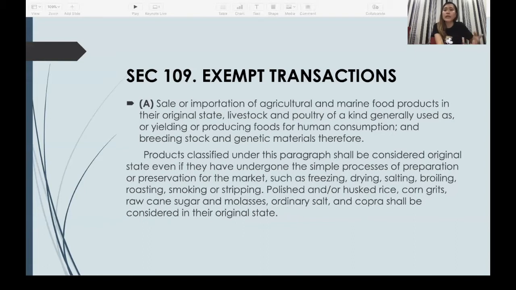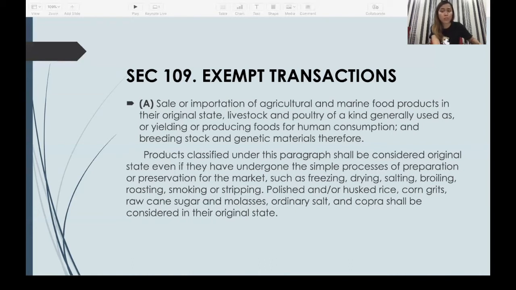The example I gave was a vendor selling vegetables. If you're engaged in selling agricultural and marine food products, therefore, you're exempt. You're not subject to VAT, regardless of whether you reach 3 million or exceed 3 million at the end of the year, provided that what you sell is for food for human consumption in its original state, meaning